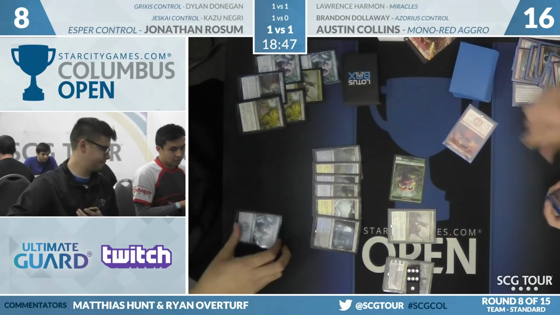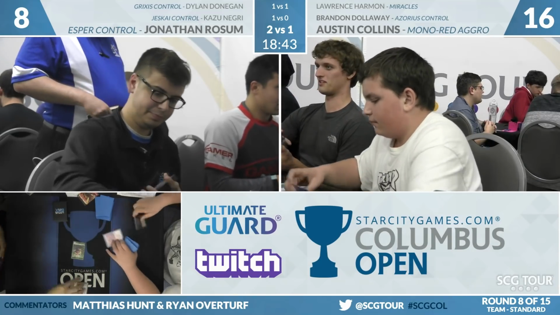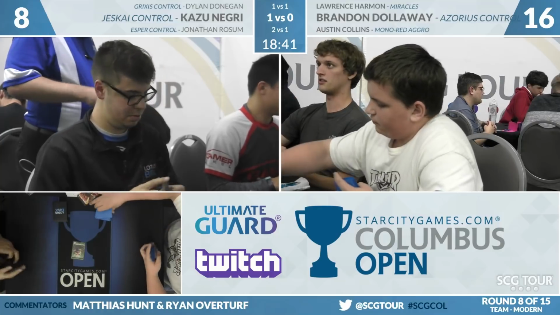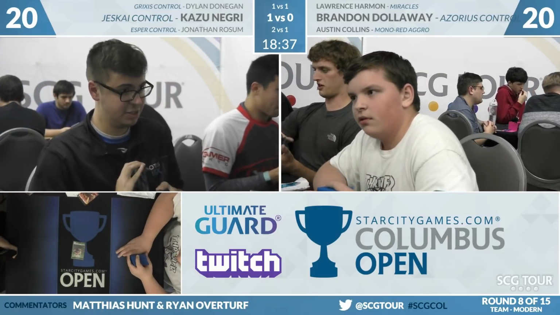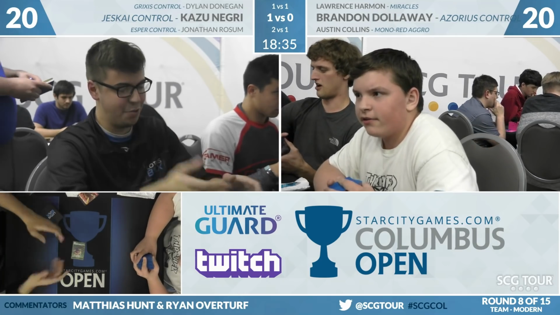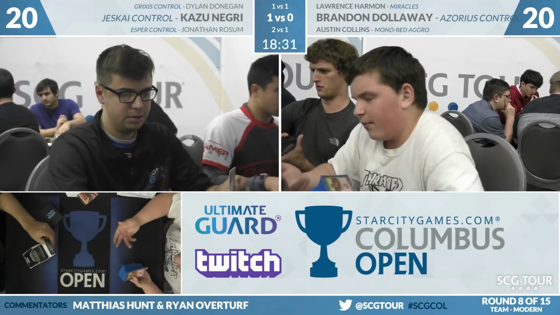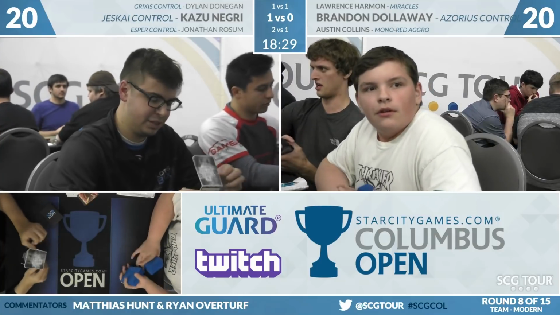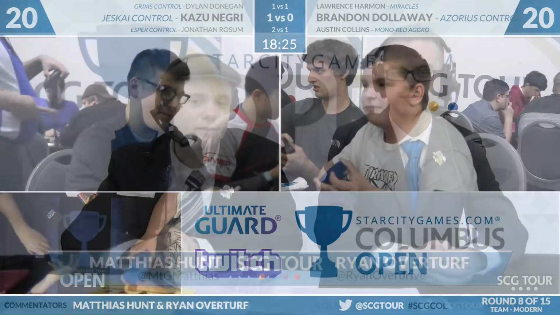So John Rossum, 2 games to 1, picks up the win. Hoping to get that 7th win for his team. Now he needs one of his teammates. And with that, we'll look over at the Celestial Colonnade decks playing over in Modern. And by look at, we'll inform you that Kazu Negri won the match 2-0. So the team of Dylan Donegan, Kazu Negri, and John Rossum lock up their spot in Day 2. The team of Harmon,